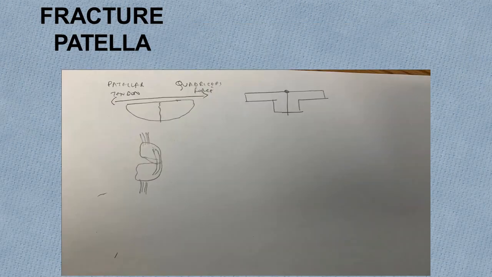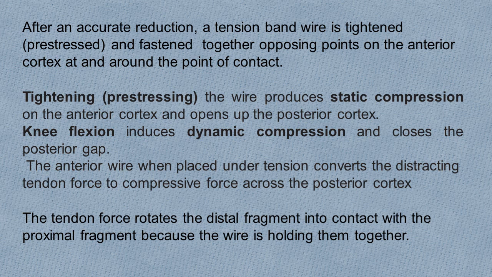In fracture of the patella, the wire loop is often applied for the articular fracture of the patella, and even in the olecranon, converting tension from the muscle pull into compressive forces on the articular side of the fracture. We can see the forces: the quadriceps forces and the patellar tendon forces, and the tension forces are converted into compression force. The use of a wire for fixation on the tension surface of a fractured bone converts the distracting tensile force into compressing force. Such a wire is called a tension band wire.